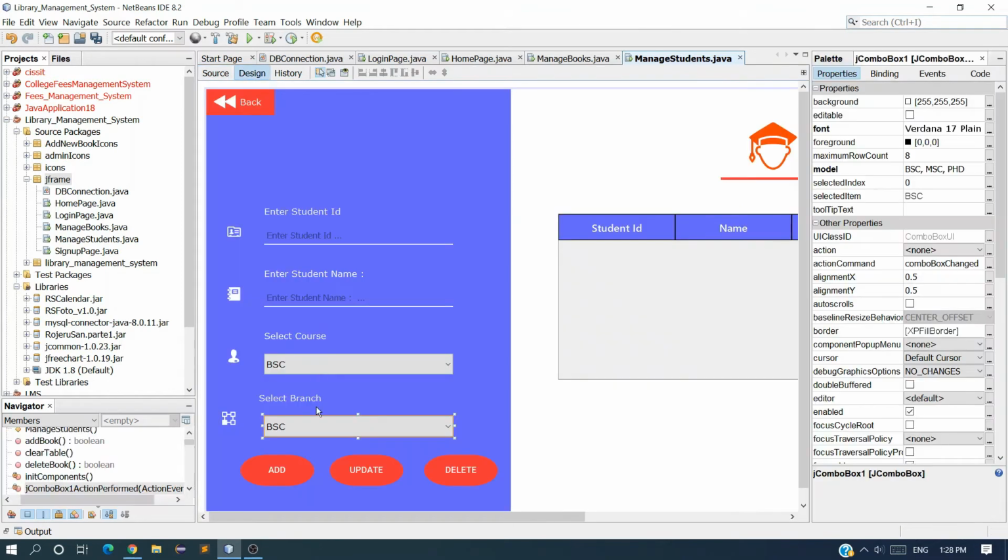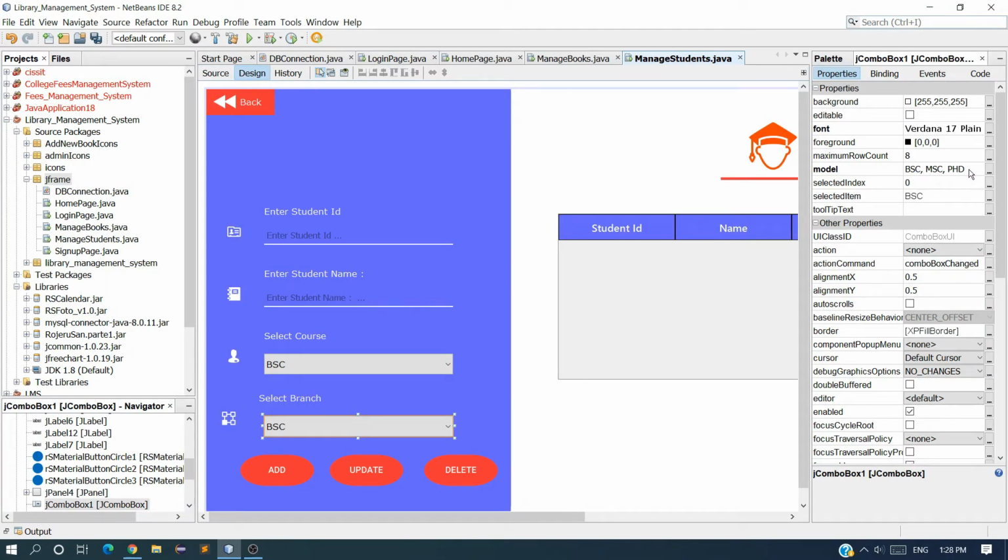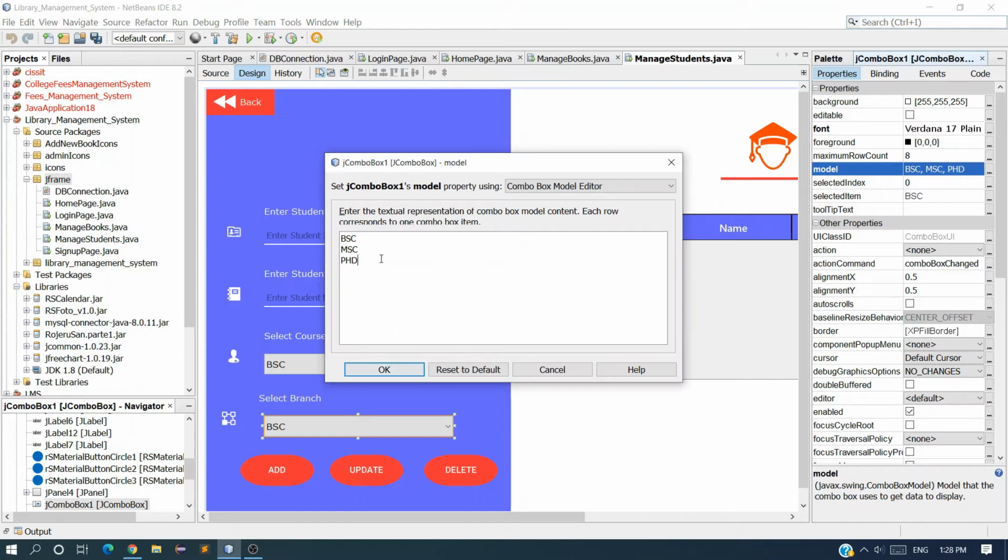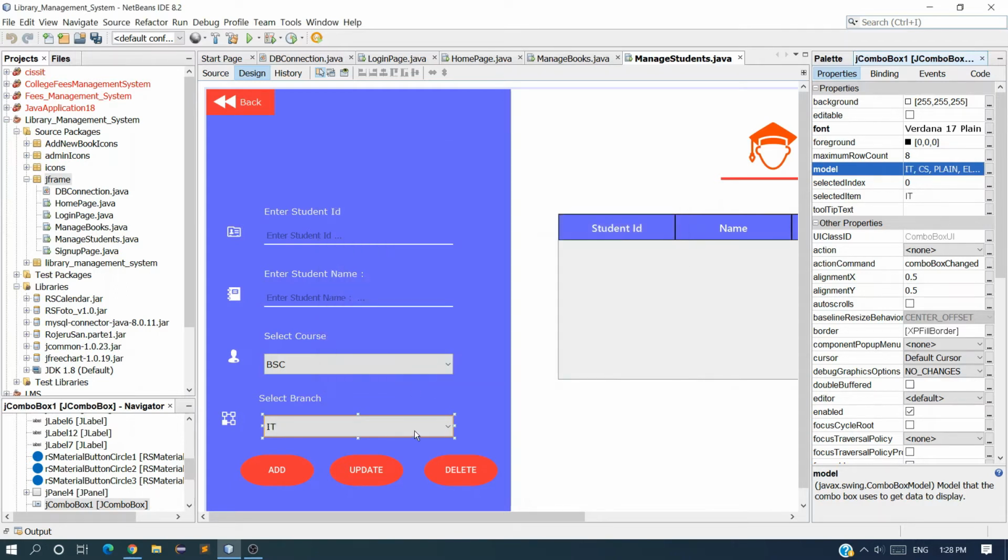Okay, now enter the data as IT, CS, plane or electronics. Okay, done, and click on OK.